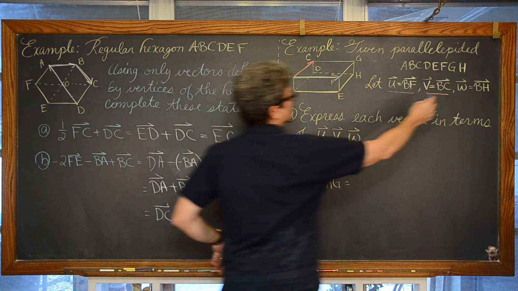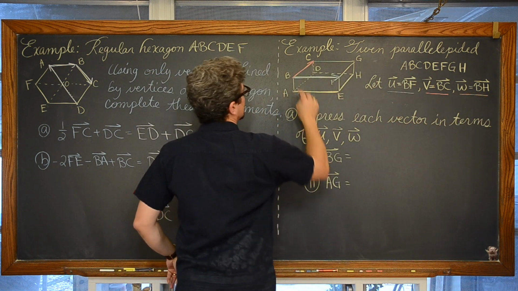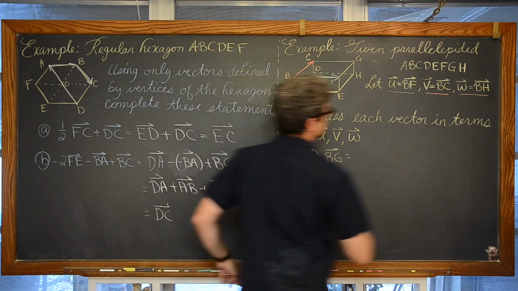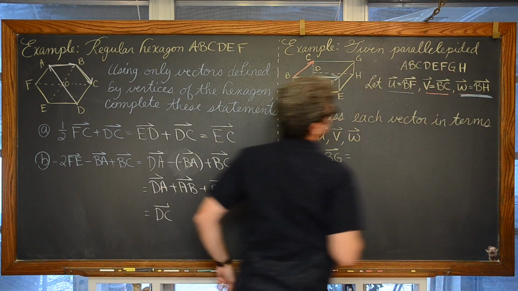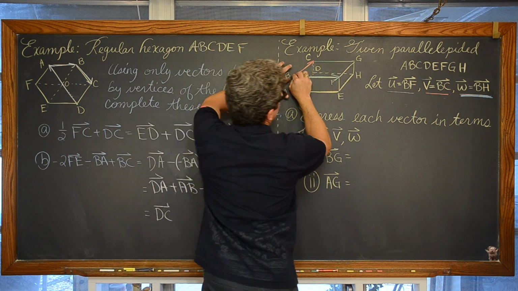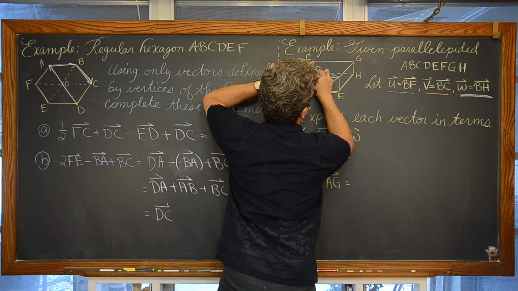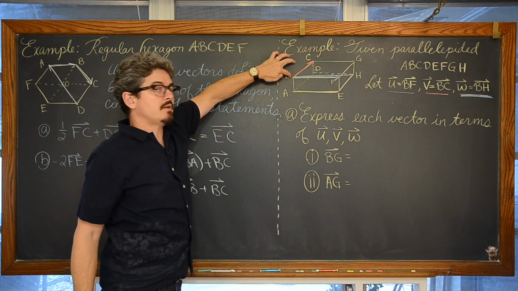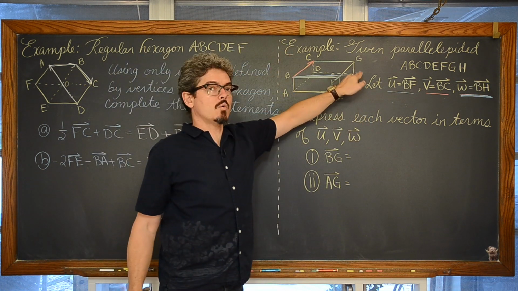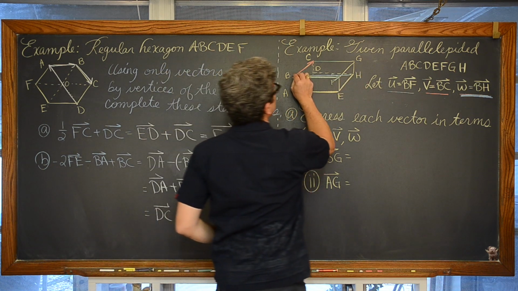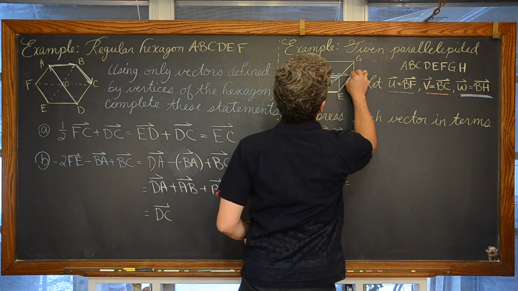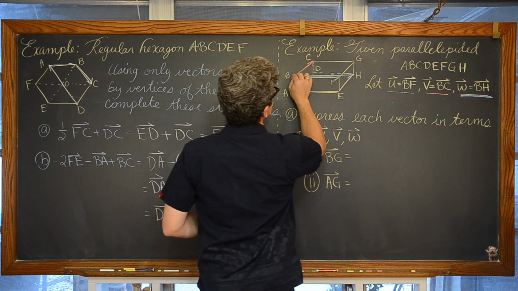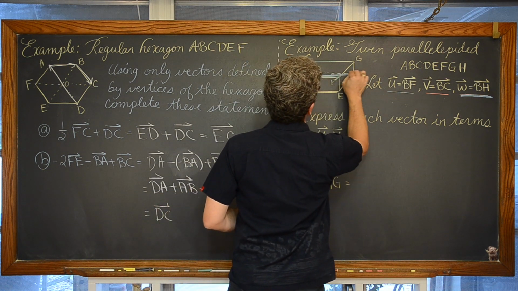So vector W is starting at B. Is that going to show up enough? I'll use blue. Start at vertex B and go down into the back lower corner. So we're going from the upper left corner to the back lower right corner of this. I'm not going to dot this, just to try and make it clear. Sorry that these two vectors are getting pretty close to each other.